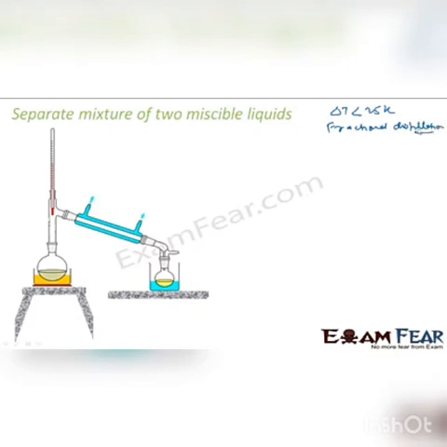For example, separating different gases from air, which have almost similar boiling points. Or separating different petroleum products. You must know that crude petroleum is one input, and from there you do fractional distillation and you get petrol, kerosene and diesel. All these you get from that one single input by fractional distillation.